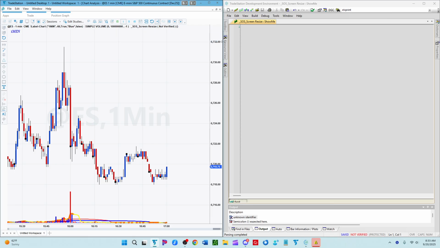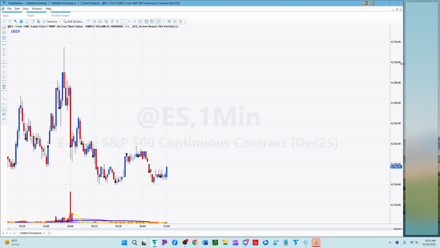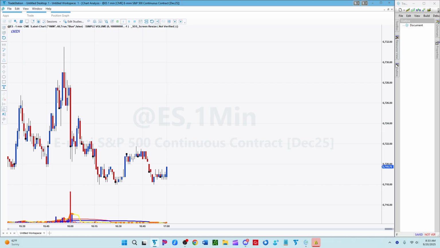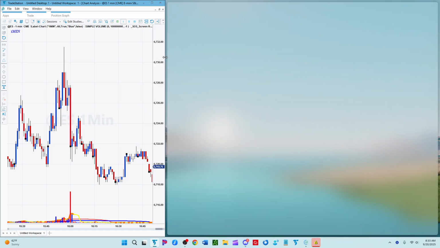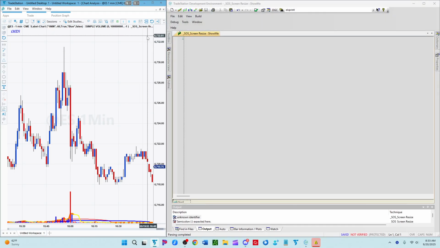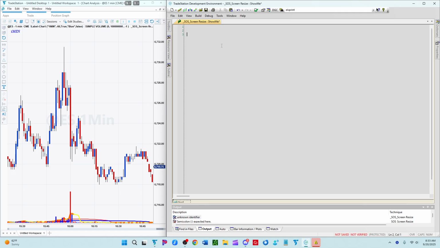And the problem is when you have a chart that's not the full window size, this position moves. Okay, so we're going to talk about how to make sure that you can keep that in the right position. So the first thing that we're going to do is we're just going to draw the object. Okay, so in order to do that, we're going to use